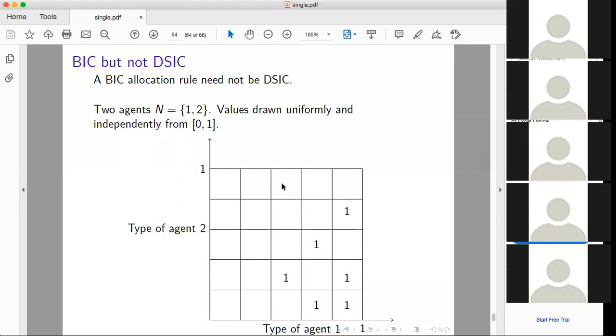Here it's 1 by 5 because this is the only cell where he will win, and this cell has 1 by 5 probability. So for any type in this interval, the expected allocation probability is 1 by 5. Here it's 2 by 5 and here it's 3 by 5. So the expected allocation probability is indeed non-decreasing, but it's not an ex-post